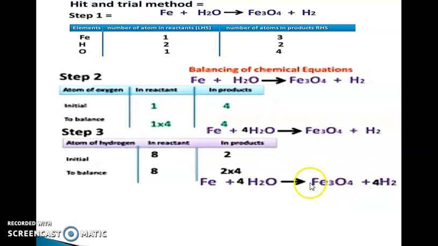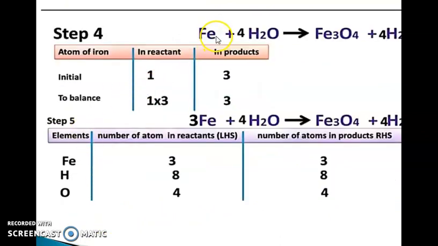Now what is unbalanced is Fe. So after that, we balance the atoms of iron. Here, just see in this reaction, on the reactant side, the number of iron atoms is 1. That's why it is written 1 here. And on the product side it is 3, which is written in the product column. So to make them 3 on the reactant side, we just multiply this 1 by 3. So after the multiplication, as on the product side, the total number of iron on the reactant side becomes 3.